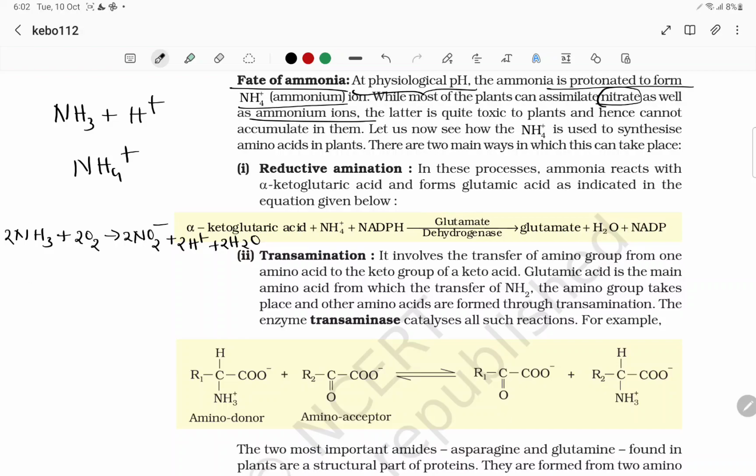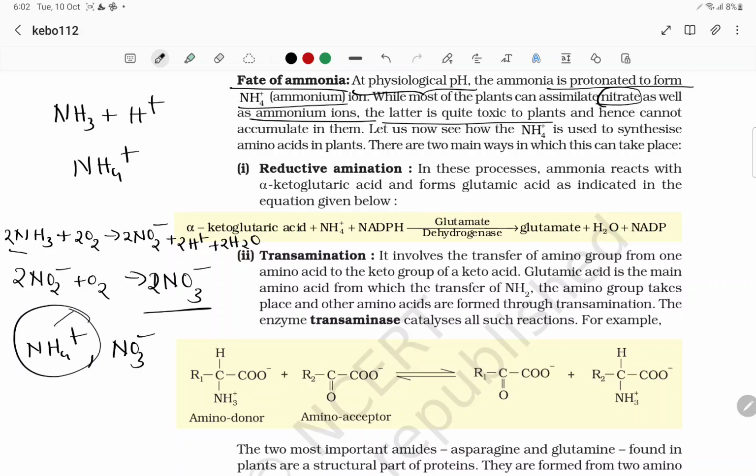And also, 2NO2- plus O2 gives rise to 2NO3-. Okay, we call it nitrate. The nitrate and ammonium ions are easily absorbed and can be assimilated by the plants. Later, ammonium ions are quite toxic to the plants. So when compared to NO3-, ammonium ions NH4+ are more toxic,